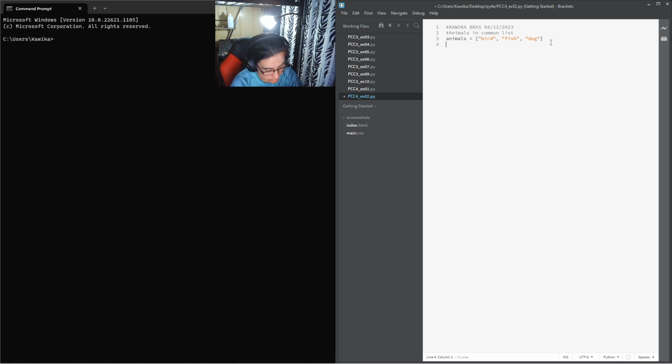And so the first thing that this example wants us to do with this list is modify your program to print a statement about each animal, such as a dog would make a great pet. So we're gonna use for, like we did in the last example, for animal in, and in is the second part of our for statement. For animal in animals,